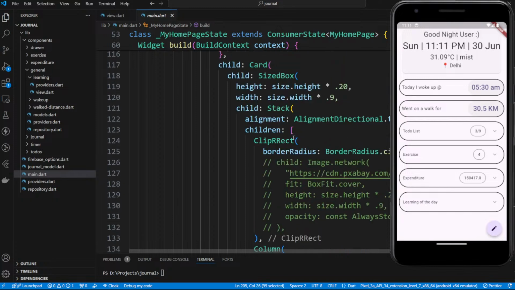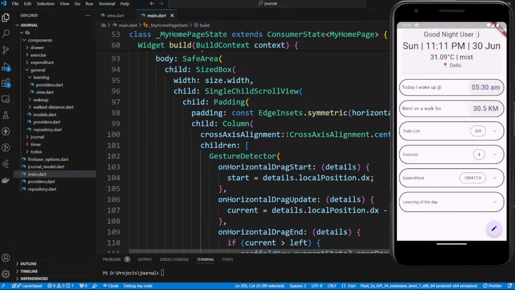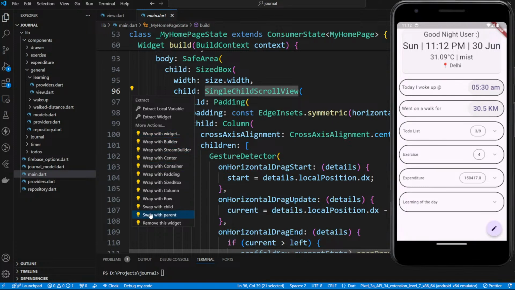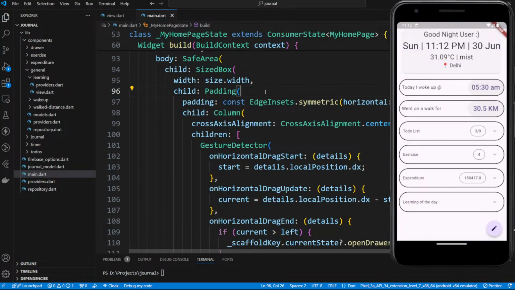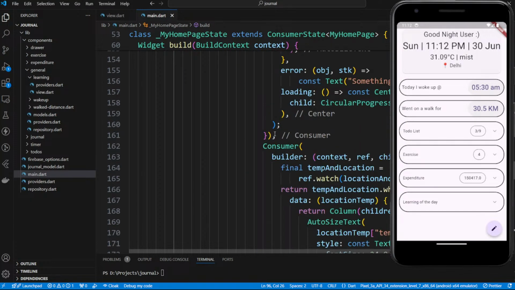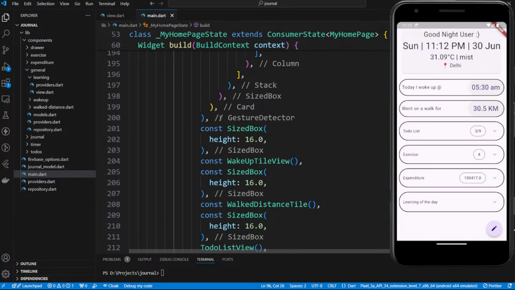So let me remove this scroll view from here. Let's keep everything the same, but from here